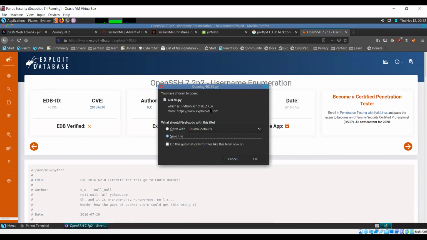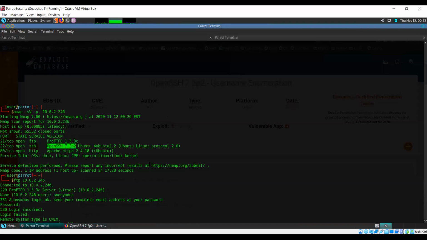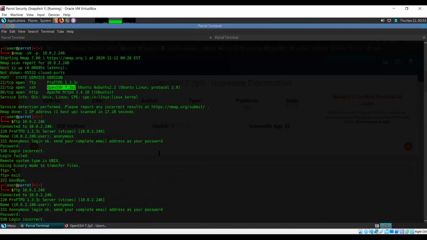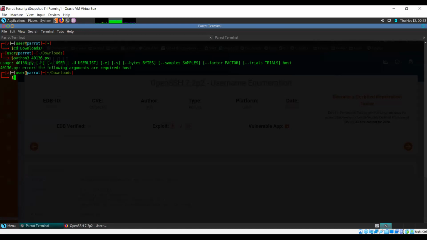40136.py. Save this. Following arguments are required: host.